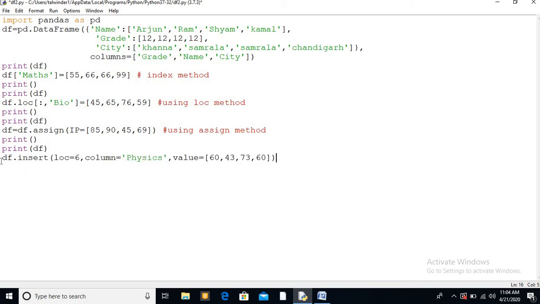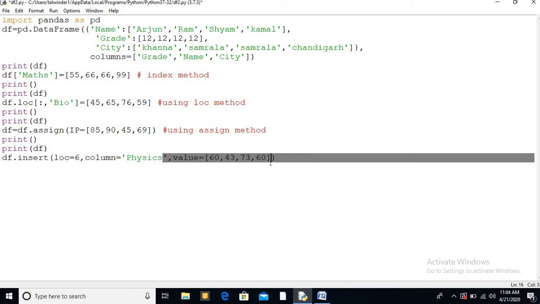तो यहाँ पे देखो आपने जो फोर्थ मेथड यूज किया है, वहां पे क्या है, df डॉट इंसर्ट हियर लोकेशन. लोकेशन मतलब which location I am going to insert. मैंने 6 पे करना था, तो I have written 6th position. 6 मतलब 0, 1, 2, 3, 4, 5, 6. Accordingly I have checked, location is equal to 6 कर दिया. Then as a column, यहाँ पे column कीवर्ड आता है. Column का name मैंने physics, then उसकी values कि उसके अंदर ये वाली values है.